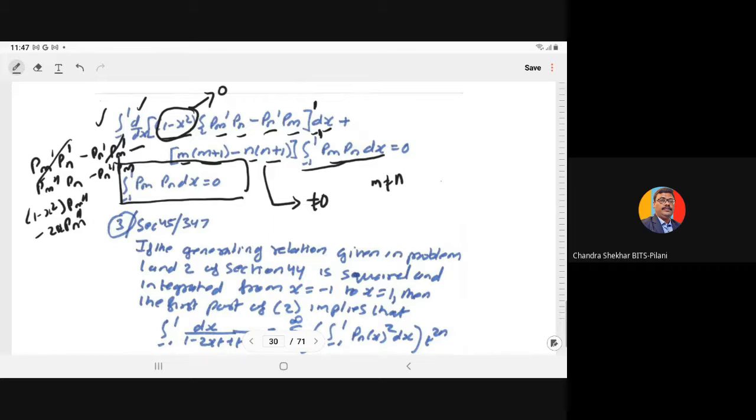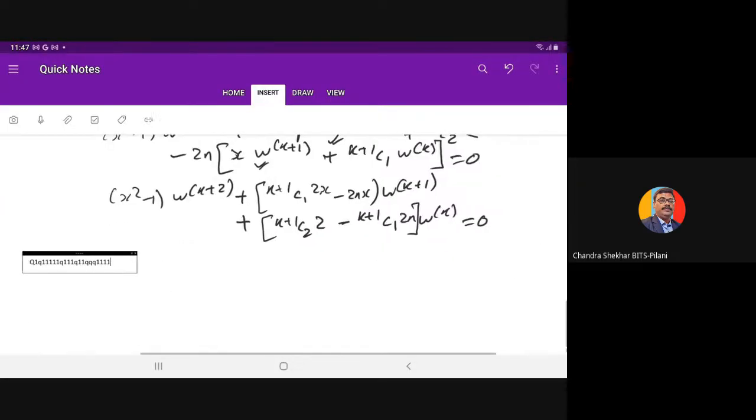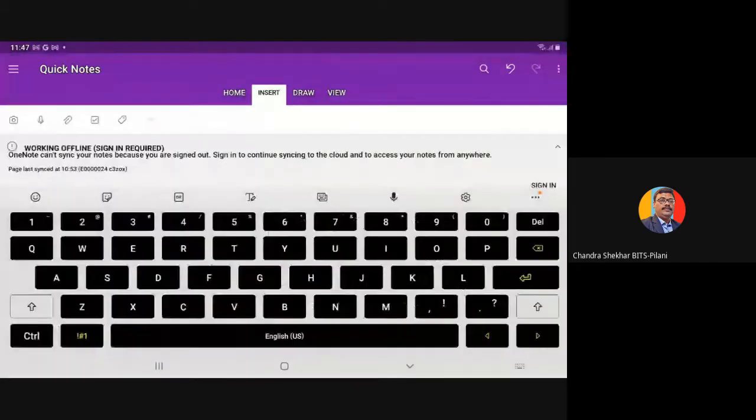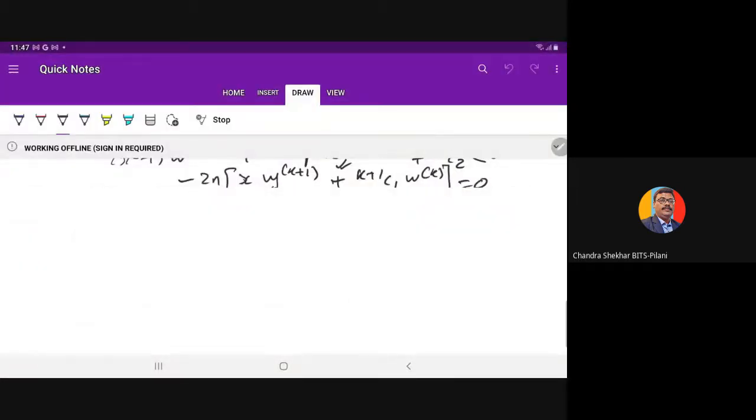You, which part? Integral. Integral, actually we have the,